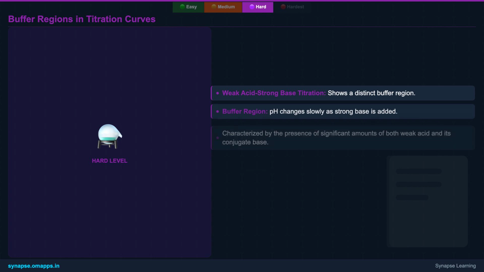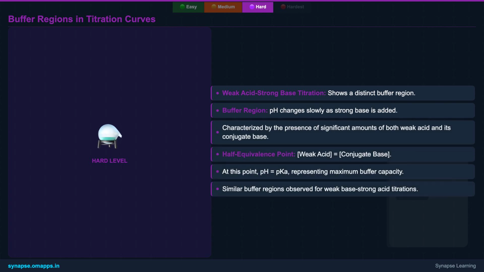Finally, we'll connect buffer solutions to titration curves. You'll see how the buffer region emerges during the titration of a weak acid with a strong base, characterized by a slow change in pH. We'll identify the half-equivalence point as the point of maximum buffer capacity, where pH equals pK. Understanding these visual representations provides a powerful insight into how buffers function dynamically during acid-base reactions and helps in analyzing